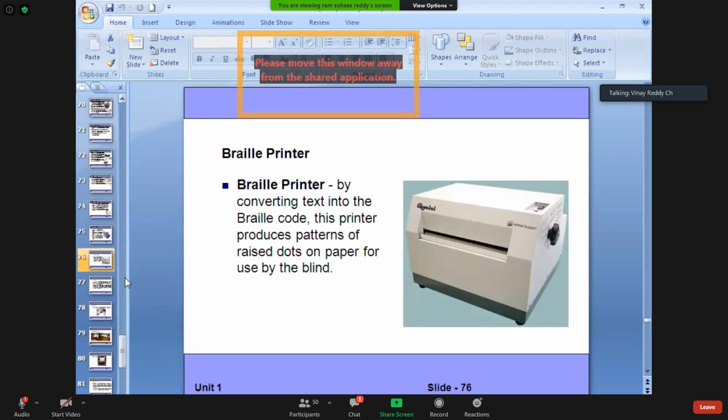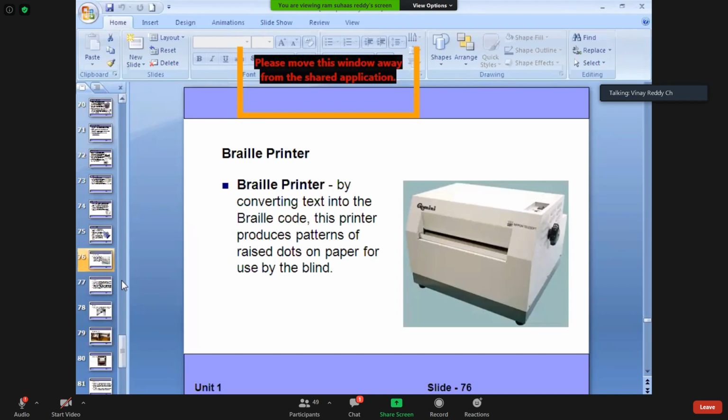Whenever you see any blind person, they will identify things by touching. Braille is the person who also generated many things for blind people. When you observe this language, they will give you a set of papers.